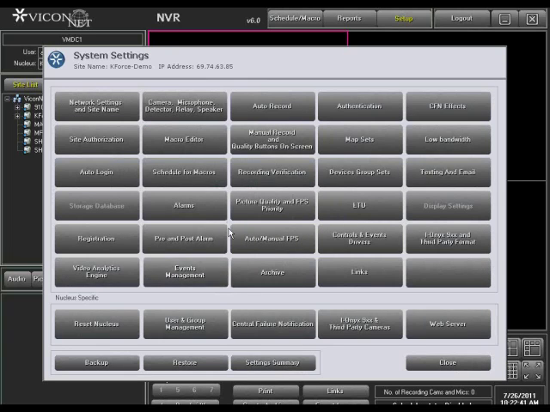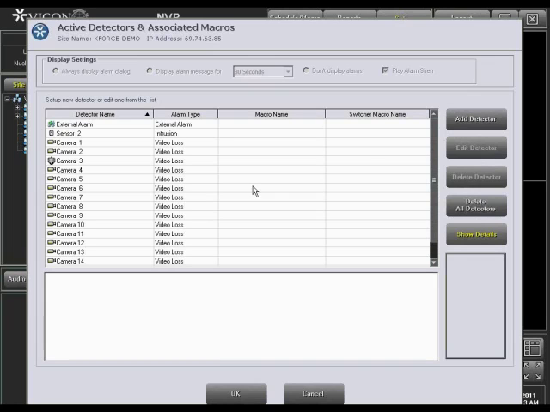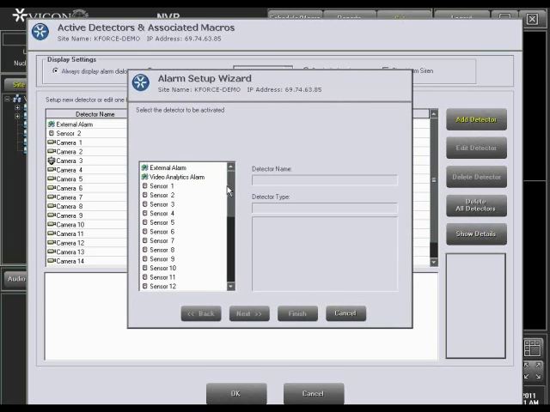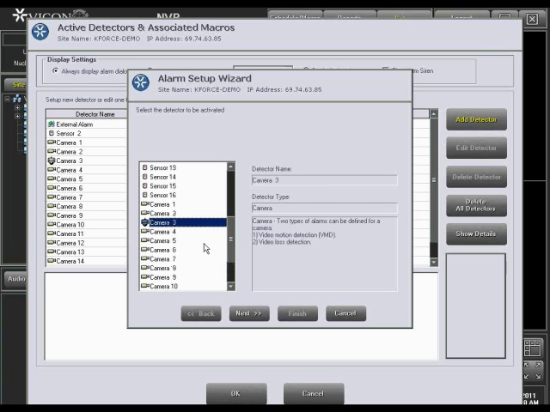And then I go into the alarm section portion of that screen. And as you can see, there is no alarm configuration for camera number 3 video motion detection. In order to get that done, I need to press the Add Detector button on the camera I want to configure. So I click on Add Detector, and here I have my list of sensors, and at the bottom I have the list of all 16 cameras for that particular collector. I'm going to select camera number 3, and that is the camera I want to perform the video motion detection